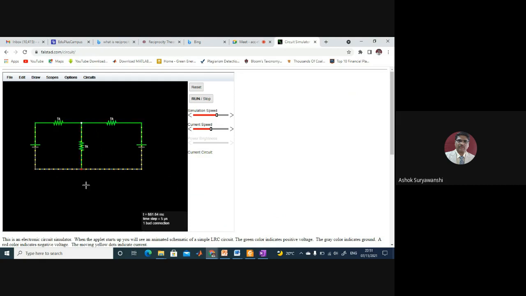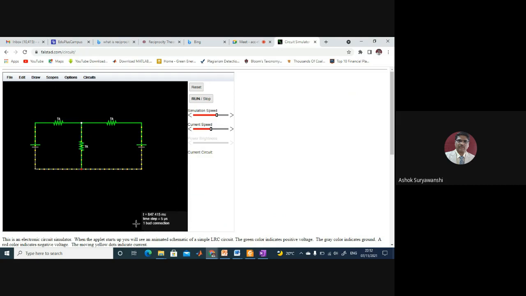I have done this, but now you can see there is a red spot here. It means that there is no connection between this resistor and this particular wire, and therefore it is not showing current right now. Current is shown by yellow dots, but since the batteries are there and still current is not flowing, there is some bad connection.